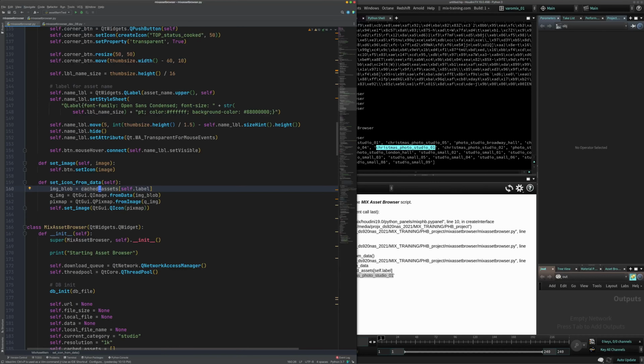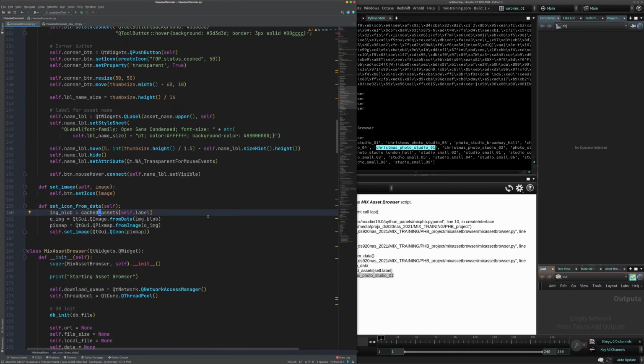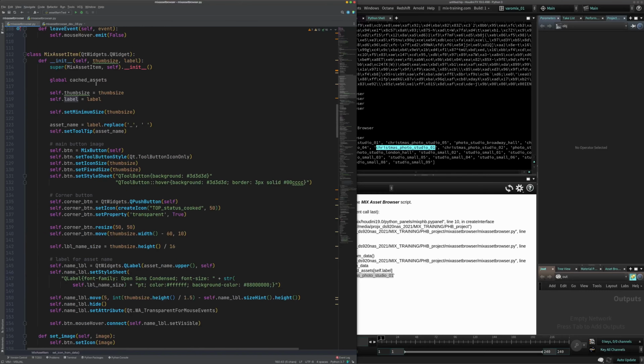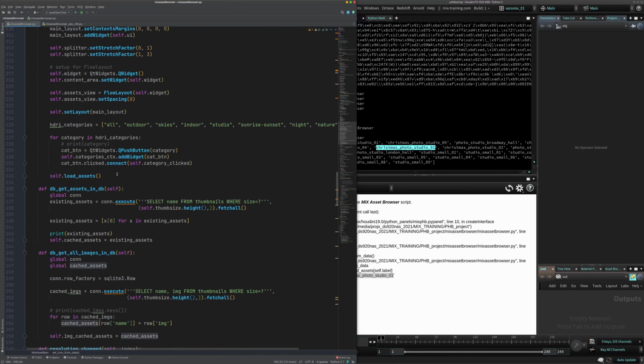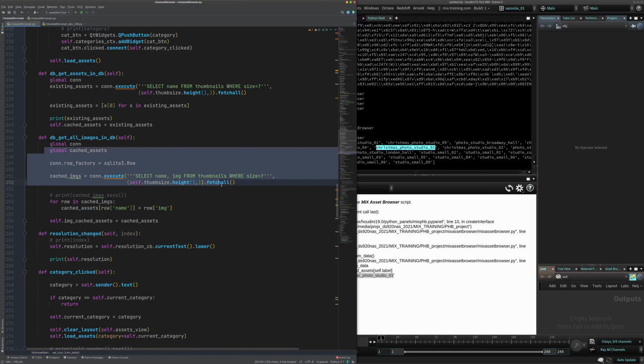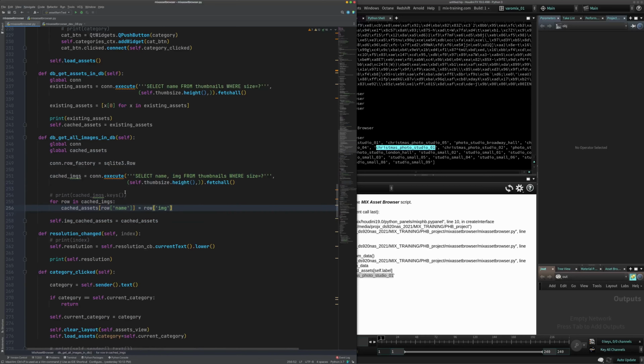Self label comes from this label, which is cool. Has to be something with this cache asset, which we are populating here. Something is going on here wrong. So let me just, to test this, I'm gonna change this to size, because if I try to print the